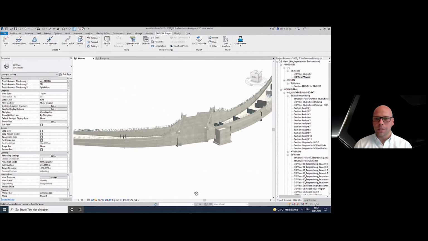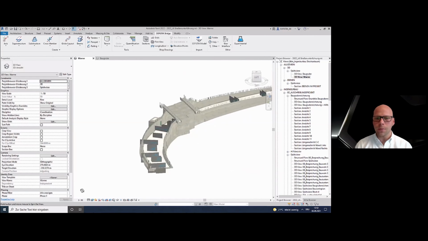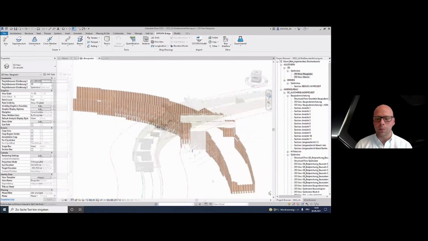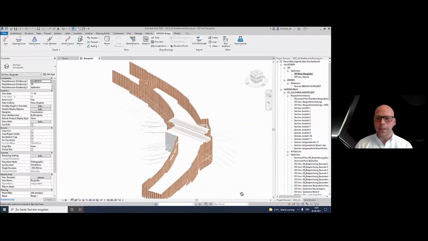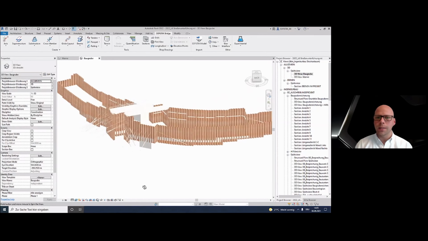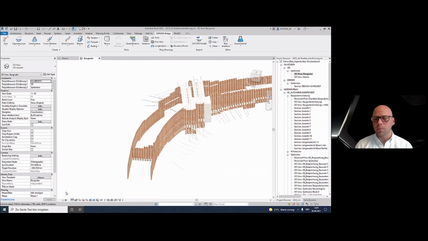And yeah, let's look around in this project once again. And what I would like to show you, what is really nicely done. Yeah, here you can see multiple axes. What is really nicely done is that in one project, in one model, we can see the actual structure, or also an underground construction, the sheet piles, and also the earthworks and the anchorages.